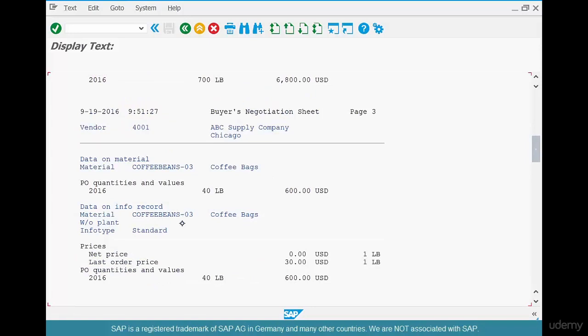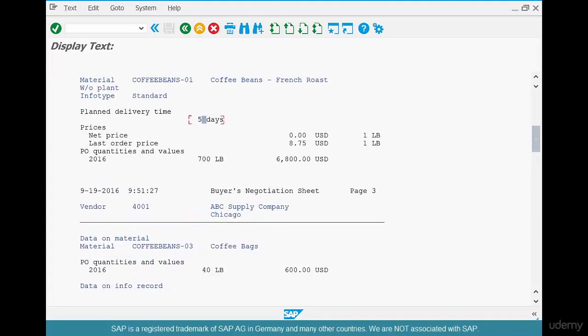So we didn't select a material, right? So it's giving us a list of all the materials procured from this vendor, at what prices they've been procured, what is the total that we have been procuring from day one. If we specify a date range, it will give us all the procurement happening within that date. If not, it defaults all the way from the beginning. So what does this sheet give us?